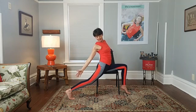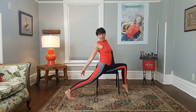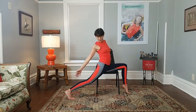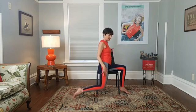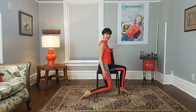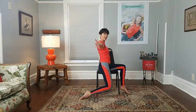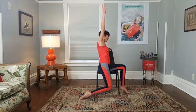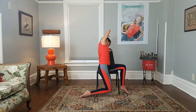Let the arm keep going. Turn the neck. Enjoy the stretch. Pressing the heel down. Aiding the stretch with your breath. Real good. Before we get out of this side, let gravity pull the leg straight down. Adjust your hand grip, because we're going to reach up and over with this outside arm. Exhaling, allowing that hip and that leg to fall towards the floor, leaning into the chair back,